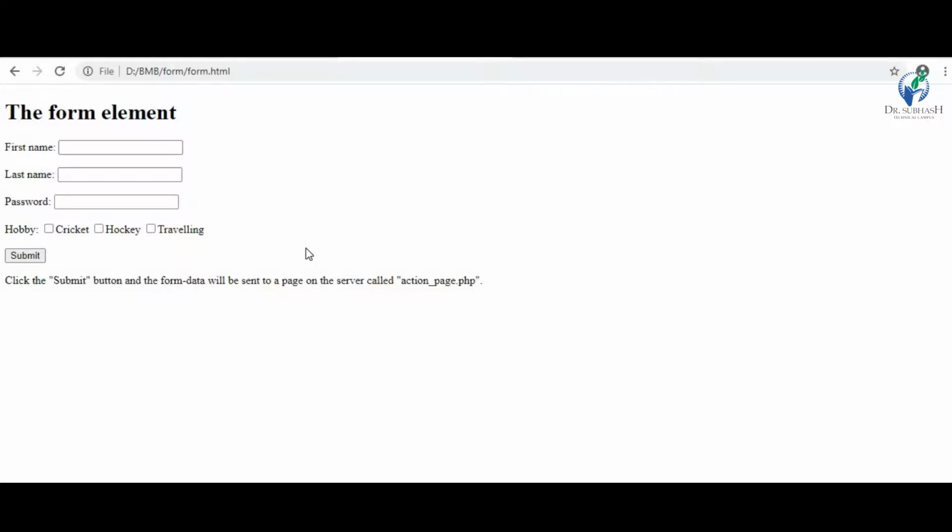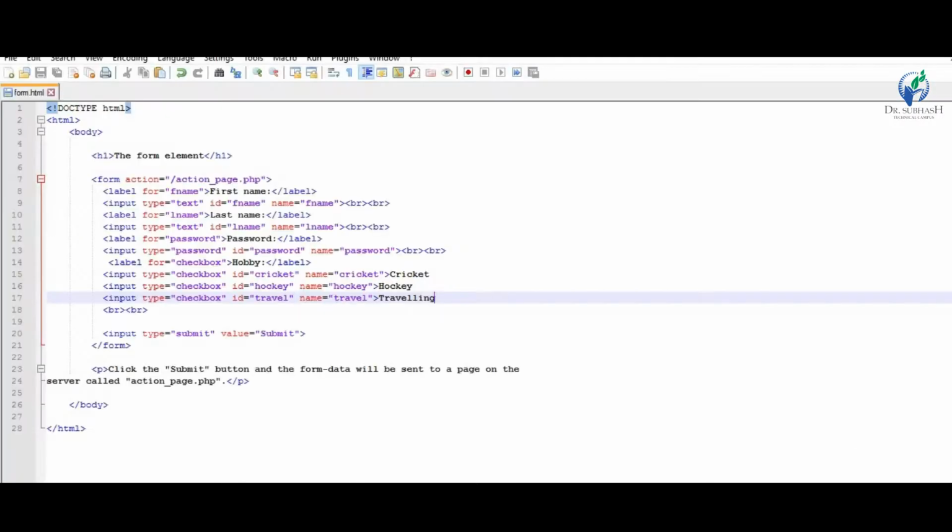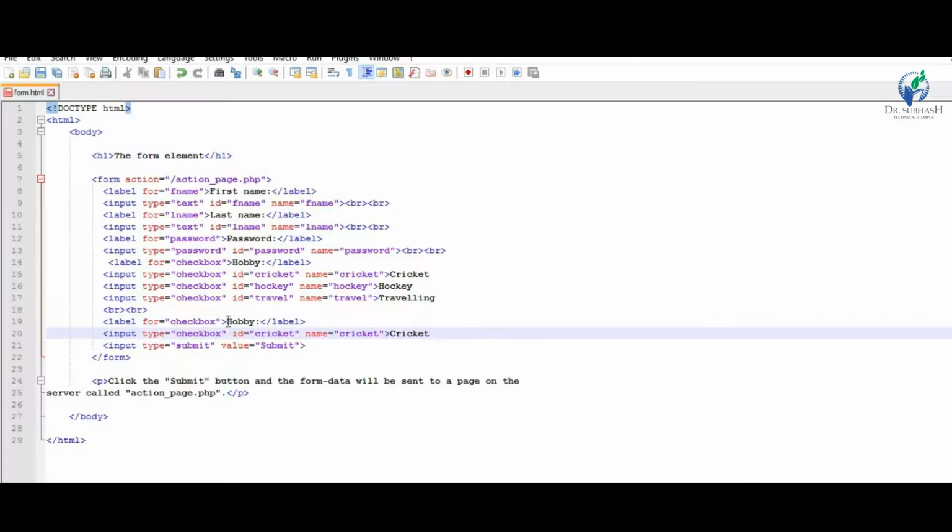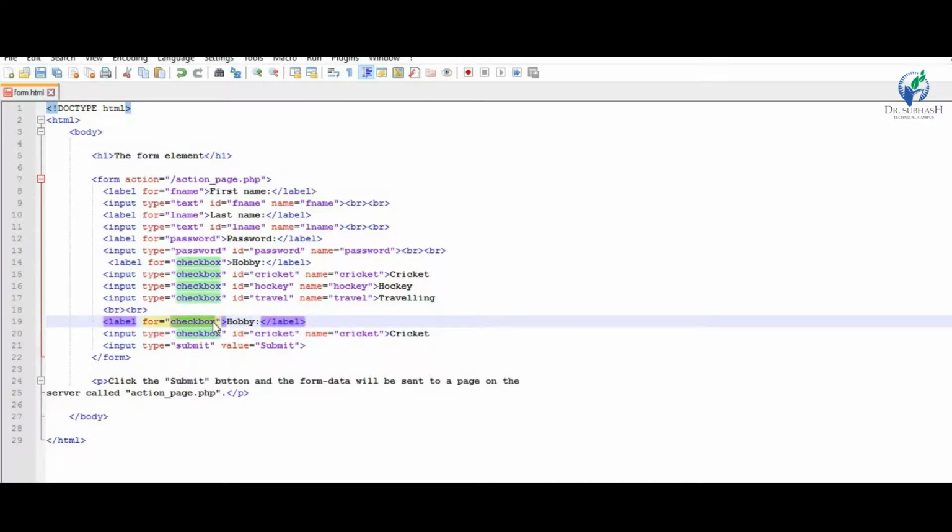Next one is the radio button. A radio button is used whenever you have to choose only one option from the given options. Input type equal to radio, so just copy. Label for radio. It is for gender.